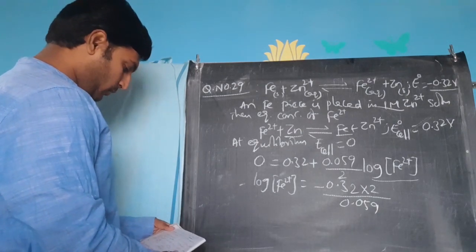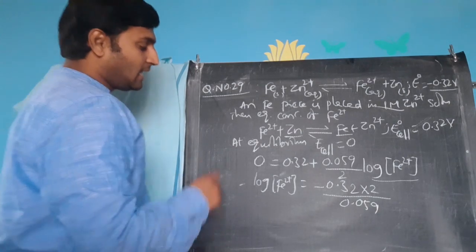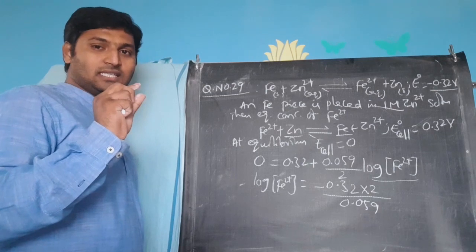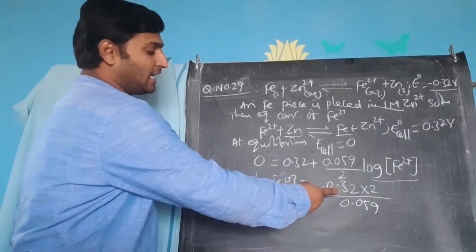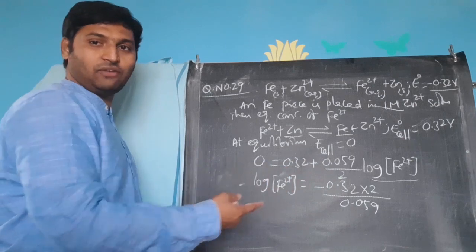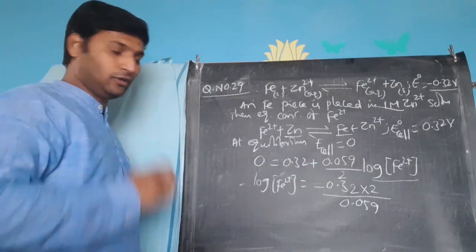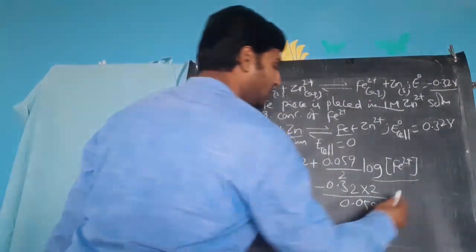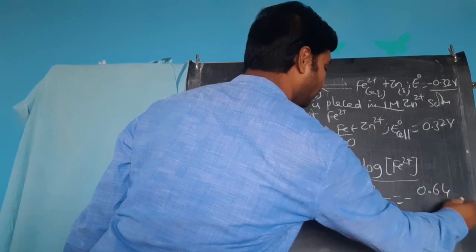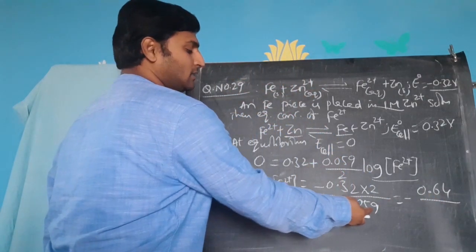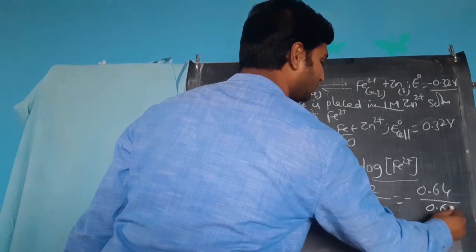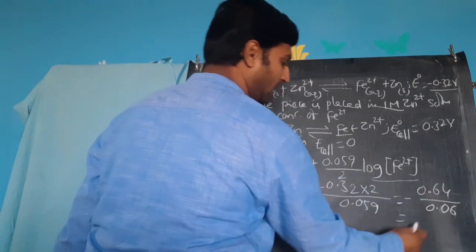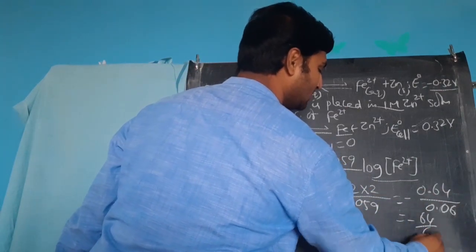Now let me check what were the options given to you. See here, if you observe the options closely, 2-3 options are very close to each other. That's why we cannot dare to simplify it the way we like. We need to go a little carefully. Too much rounding off is not allowed. So you can write minus 0.64 divided by, I'll take 0.059 as 0.06. If I multiply both places by 100, then you will get 64 by 6.